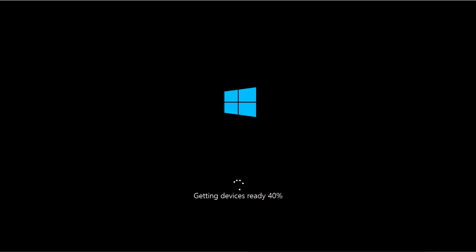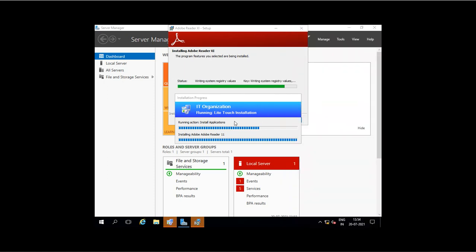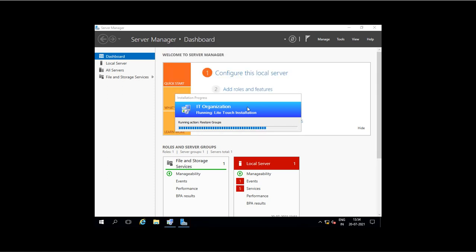Now the operating system is installed, and we can see it is installing Adobe Reader. We are not doing anything, it is installing by itself because it is decided in the task sequence. So it is installing the Adobe Reader which we have mentioned, finishing the installation, and done.